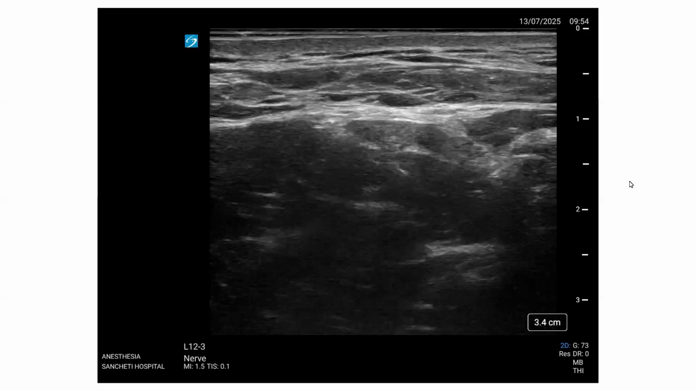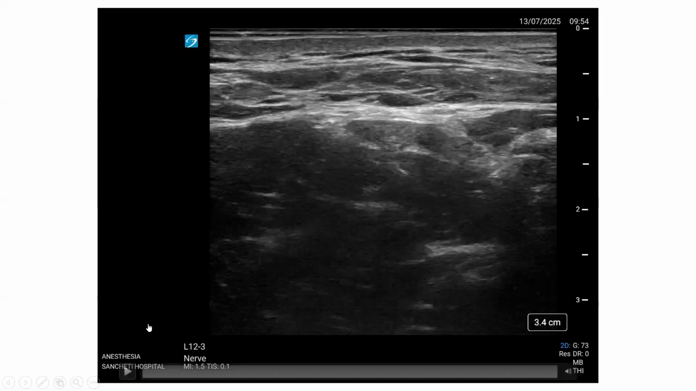Yeah, okay, thank you. So, good evening, everybody. I hope I'm audible and the slides are visible. So, the last time we had discussed the supraclavicular brachial plexus. This time around, we are going to discuss the infraclavicular. But before that, just